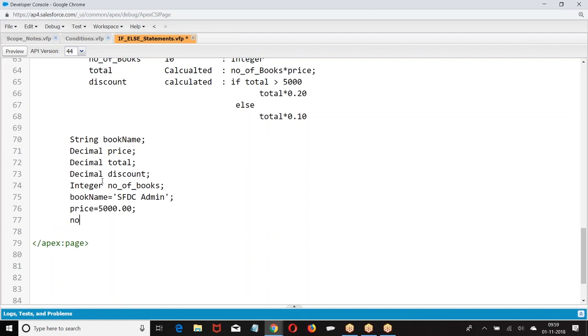Which values do I put in single quotes? Only string values, not other types. Total. Discount. You want to calculate the discount. How do you write it now? What is the condition? Total greater than 5,000.